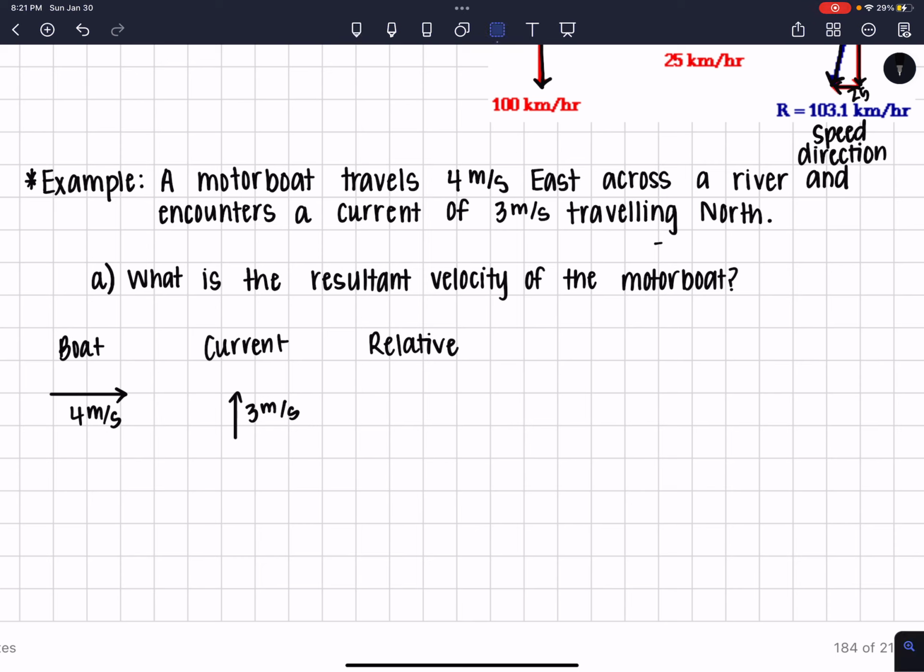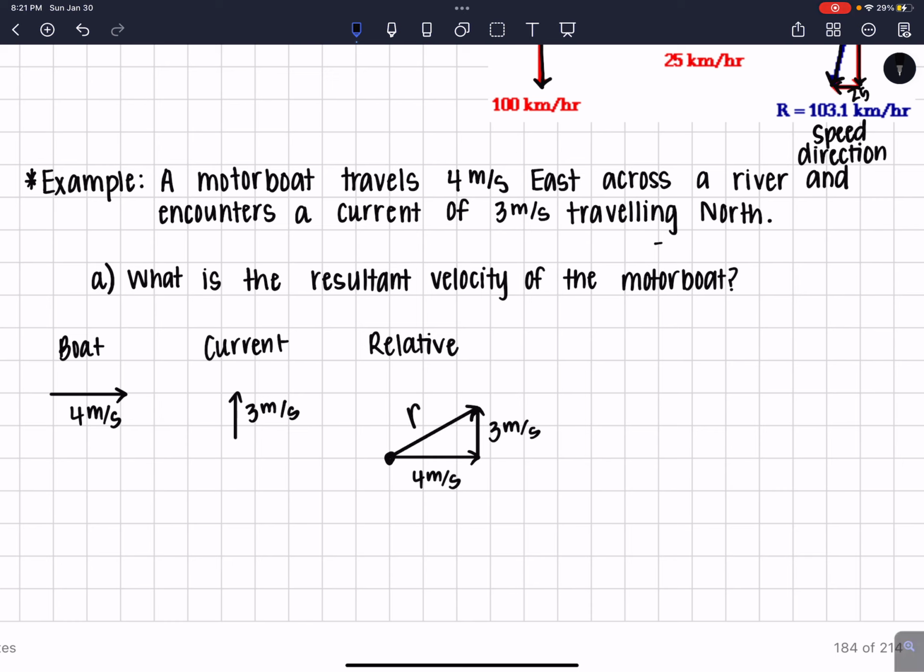So let's move these vectors around. I guess I could redraw them to be on the same page as you. If I were to redraw these vectors and add them together, I'm going to draw them tip to tail. So my boat's velocity, I guess I should have drawn that lower, is going to connect to the tail of my current's velocity. And my resultant vector is just going to be from the connection with the very beginning to the very end